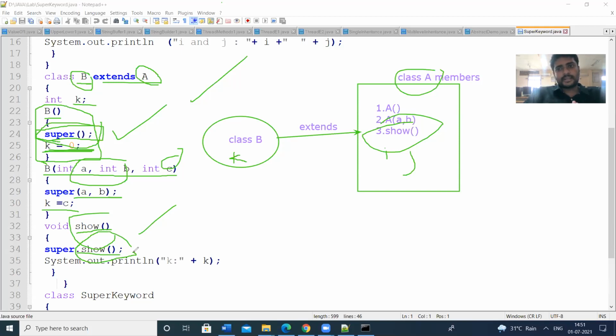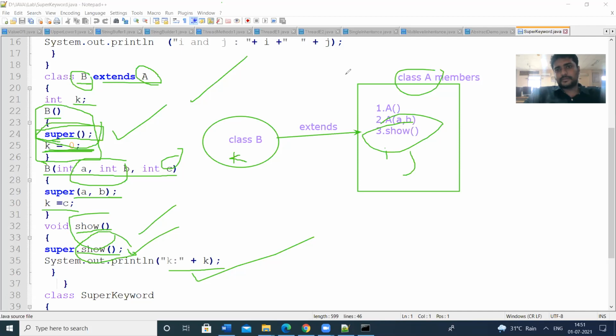To make the compiler's task easy, we are representing it with the super keyword, super.show. It means the method show is already available in class A. Here I am printing the k value, whereas in the previous show method, I am printing the i value and j value.